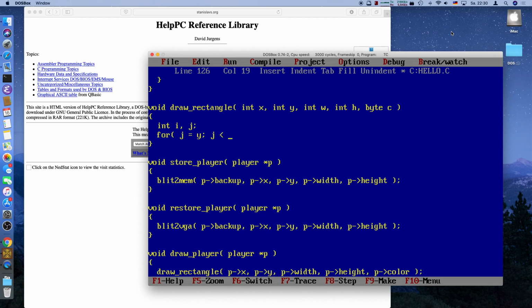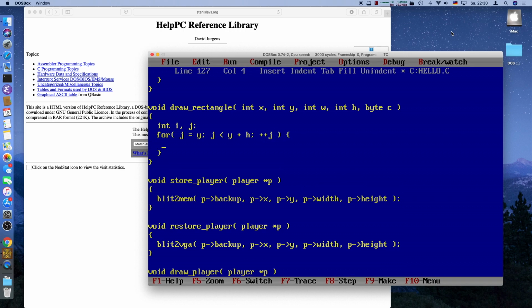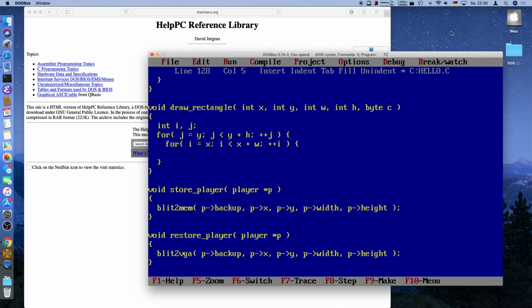So we will just again iterate over all the scan lines from y to y plus height of the player and increment the j, and there will be an inner loop to draw the individual pixels for every line. So this will go from x to x plus the width that was applied. We'll increment the i,